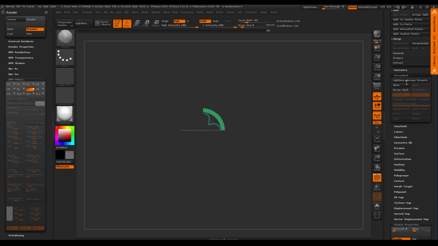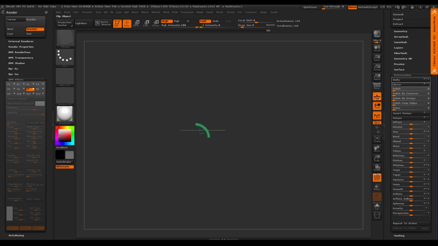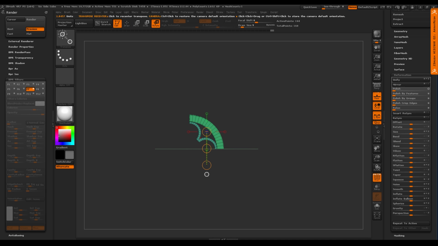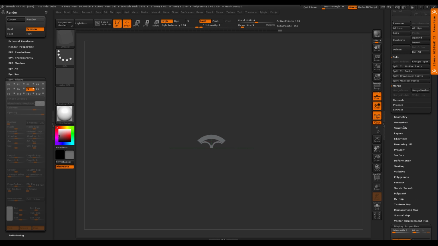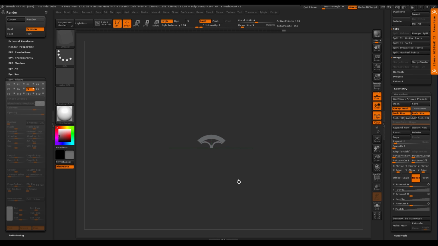Right? So again, same things that I've already done before. I'm going to unify it. Right? I'm going to rotate now the center of this. So boop, boop, boop. There you go. And if I unify, there you have it, right? And then now all I got to do is say, all right, we want to now array this again.